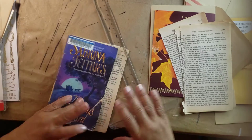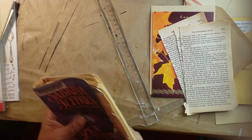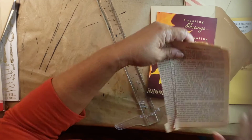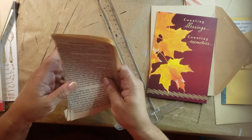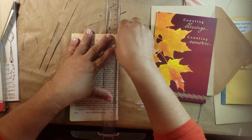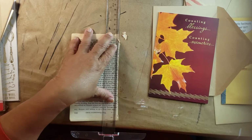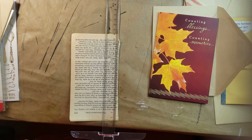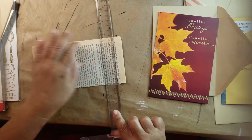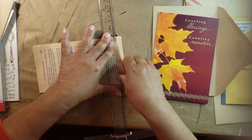All right. So yes, this story was a trip. That's all I can say. I could not look at the pages without thinking, oh my goodness, what is going on? What did he say? How did he say that? Yeah, that was crazy. So I did go through that. Let me try to get these a little bit straighter. I'm not going to fret about it. Also tear these off